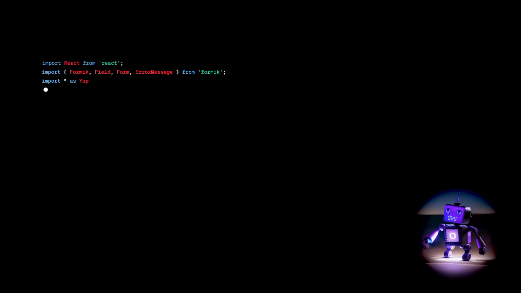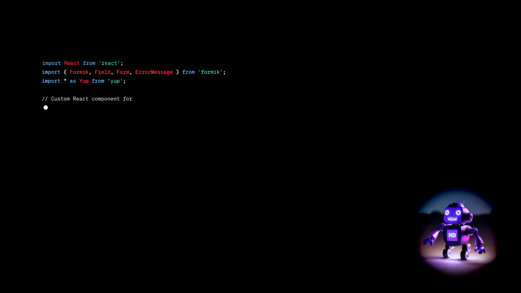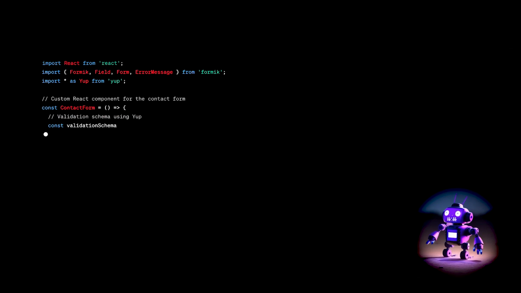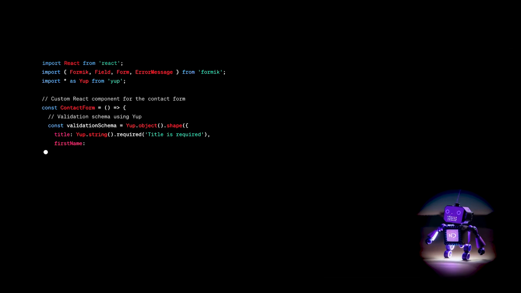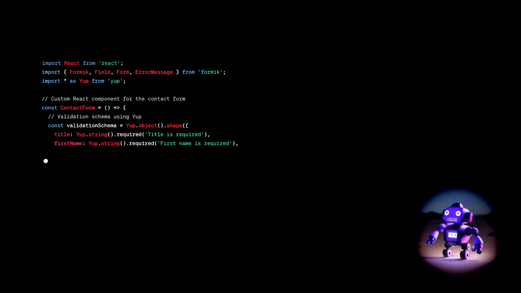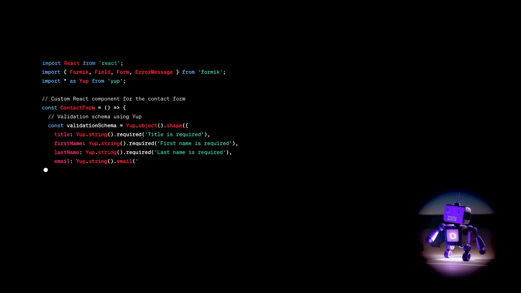Let's break down our React component that uses Formik and Yup for creating and validating a contact form, one step at a time. In this first step, we import React, which is the backbone of our component. We then bring in Formik, Field, Form, and ErrorMessage from the Formik library. These are essential for creating the form, managing its state, and handling validation errors. Yup is imported to define a schema for our form data, which will allow us to validate the form fields